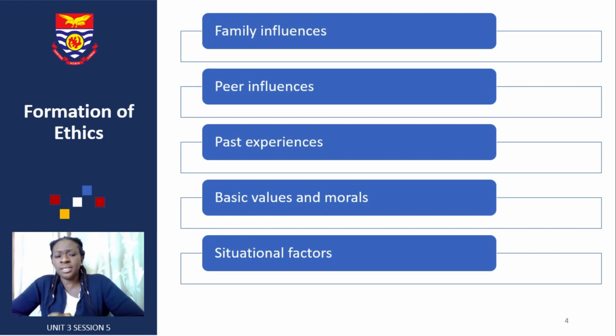Peer influences. At a certain stage in life, peer influence comes in a lot. As people, we have friends, and we don't all come from the same places. If I'm coming from a place where things are clear, I'm going to influence you to have that same clear perception and judgment on ethics as well. So peer influences matter a lot. There's a saying that if you find a good person in the company of bad ones, they would end up corrupting you. And sometimes good people also rub their goodness on the bad ones, which influences them as well.